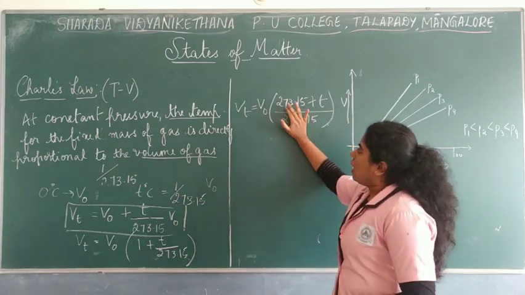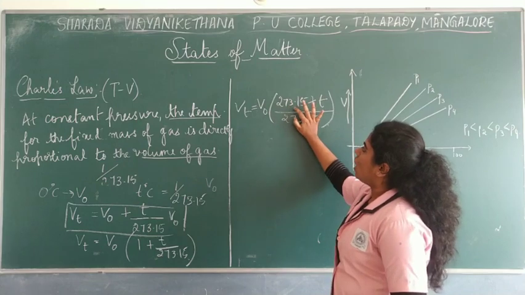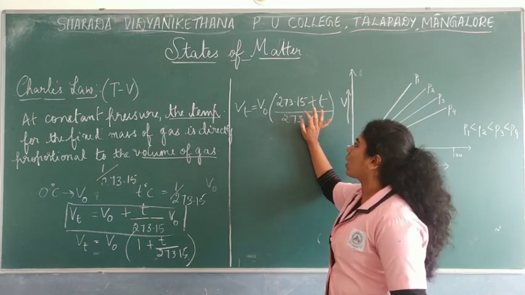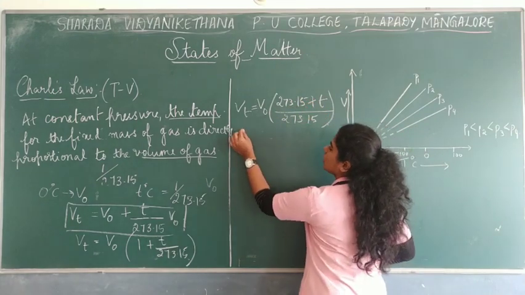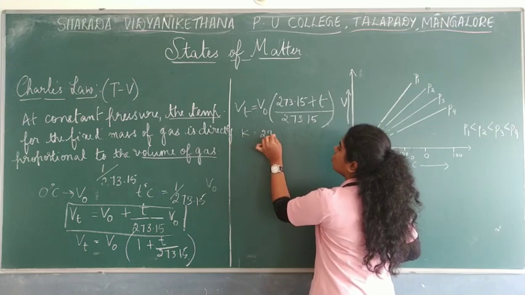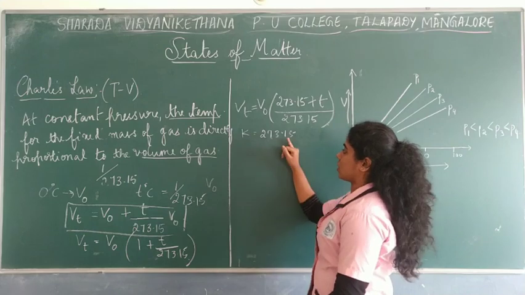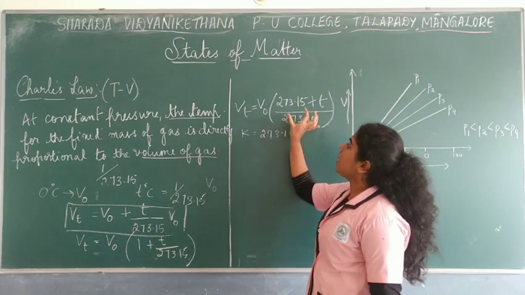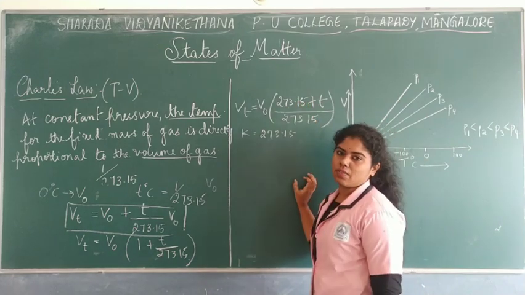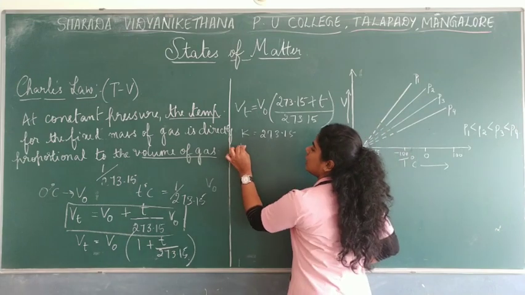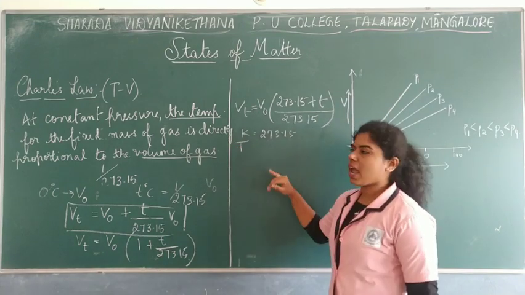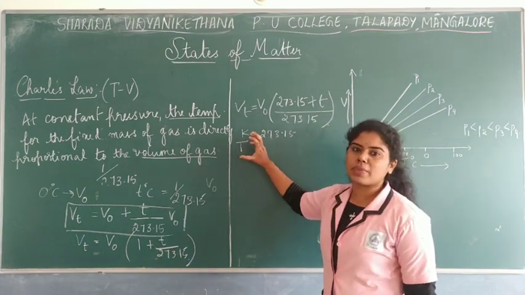So here we can also give this expression as, as you all know, the Kelvin scale is determined by adding 273.15 to that particular degree Celsius. Now let me take this particular value as T, capital T. Okay, so this is the standard way of measuring the temperature.